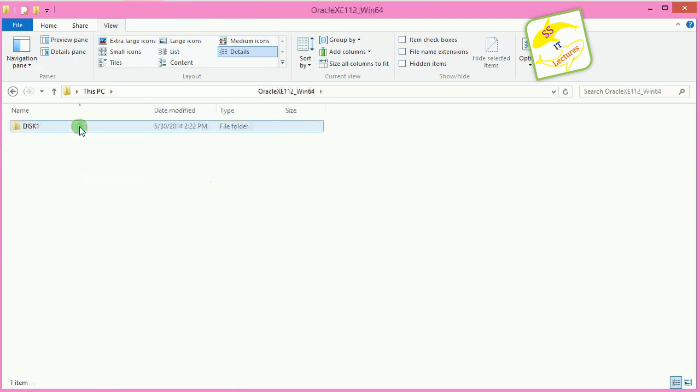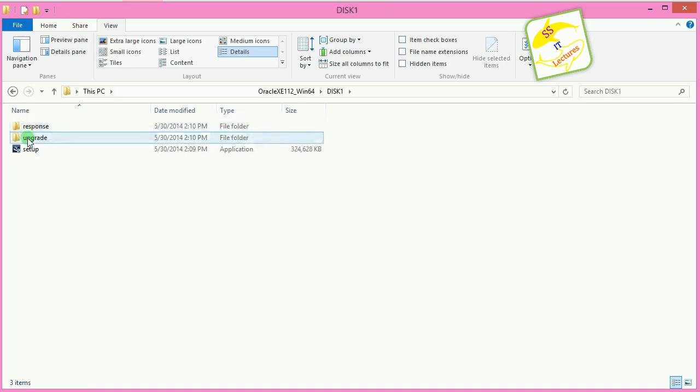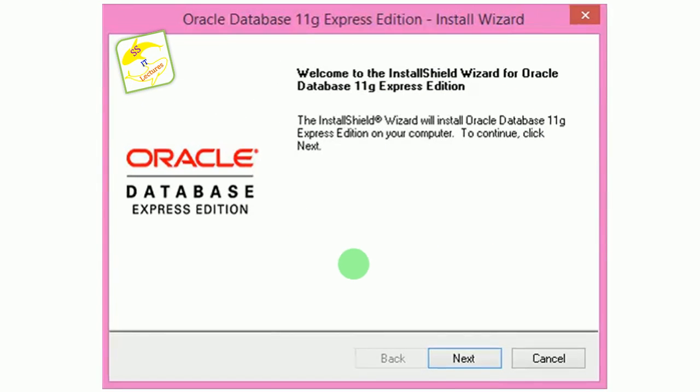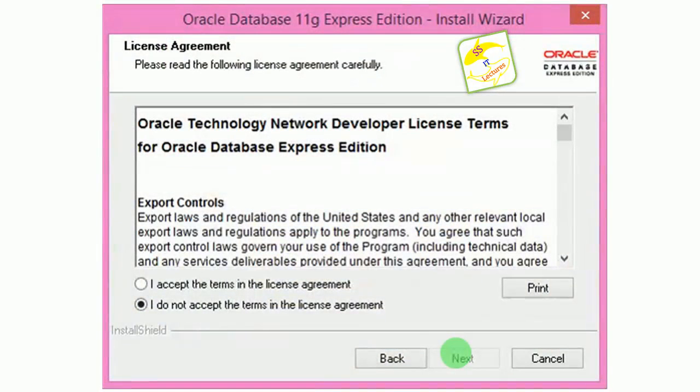In that you can see a folder named Disk1. Open that folder. There you can see two folders, response and upgrade, and one exe file called setup.exe, which is an Oracle application. Double click that setup. Then the Oracle 11g Express Edition installation wizard will open. First select Next. Then accept the license agreement by choosing I accept the terms in the license agreement. Then